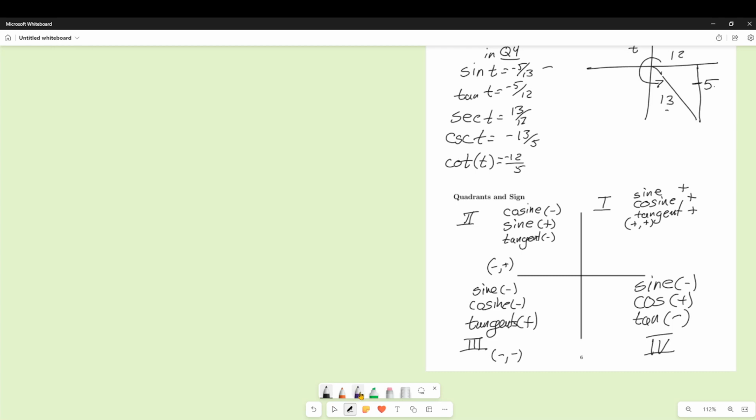But you'll see a lot of different mnemonics for it. Like in quadrant 1, it's all of them. In quadrant 2, only the sine is positive. In quadrant 3, only the tangent is positive. In quadrant 4, only the cosine is positive. And if you remember, we go in this direction. People often come up with mnemonics for ASTC, like All Students Take Calculus, or A Smart Trig Class, to remind